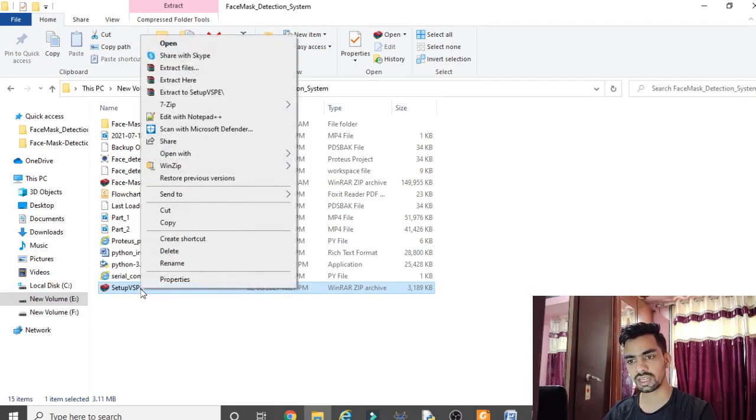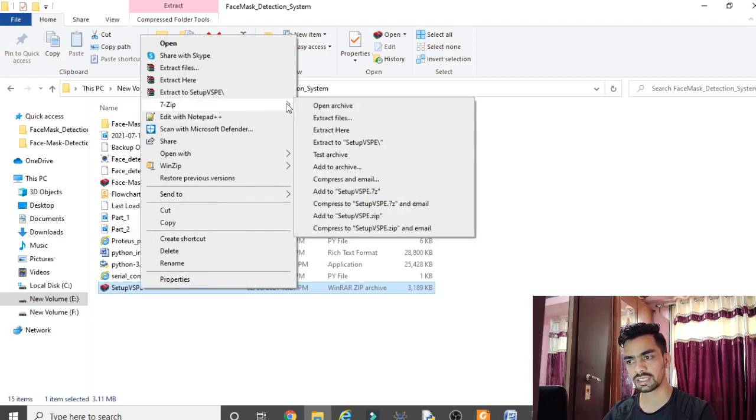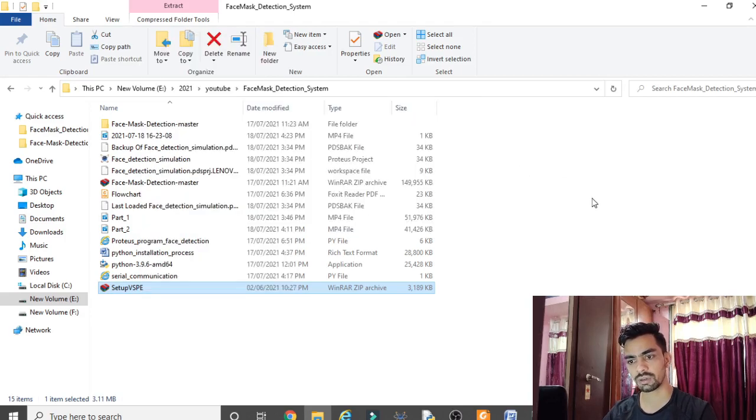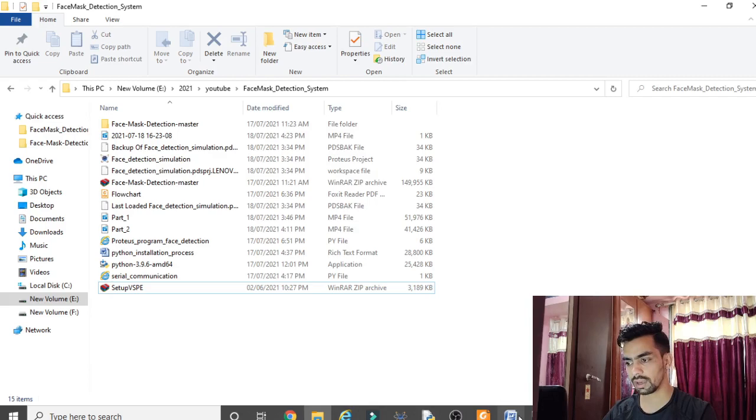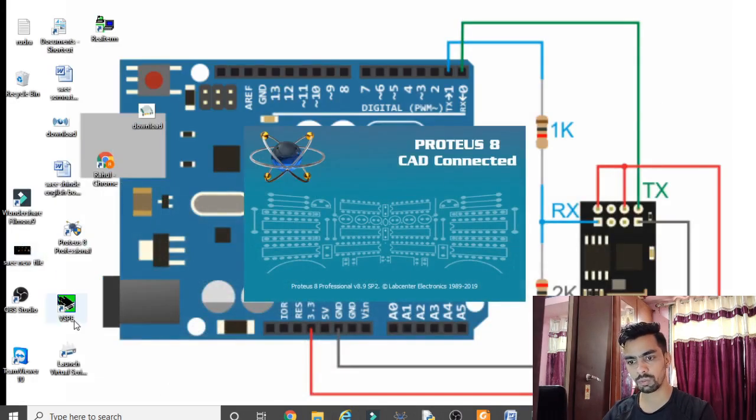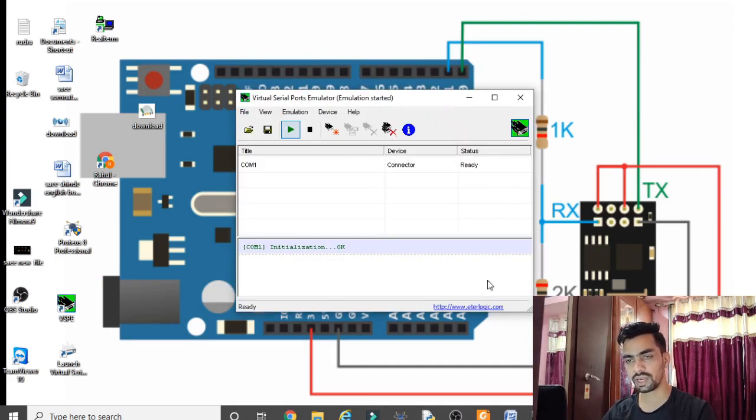Right click on this setup, go to 7-zip and extract that setup. Once you extract that setup, double click on it and install that software. Once you install that software, you will find this logo on your desktop. Double click on that logo, or you will find that logo at your bottom side also. Once you open it, you can find this software.